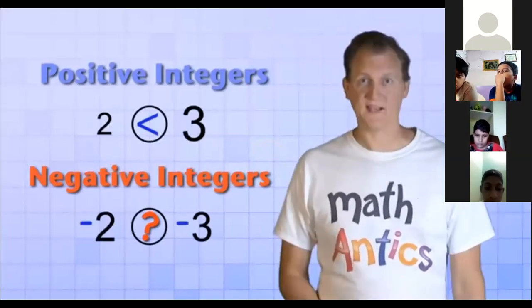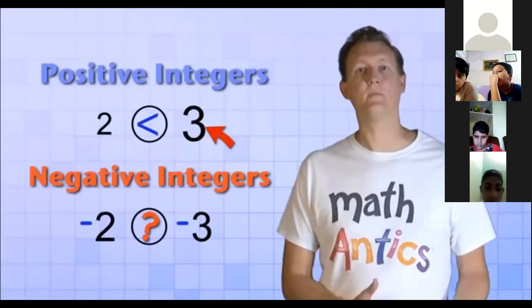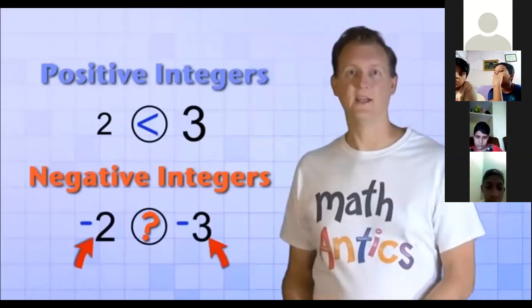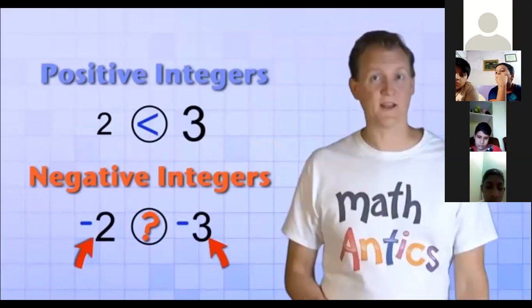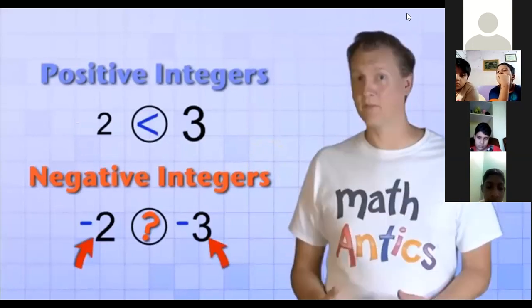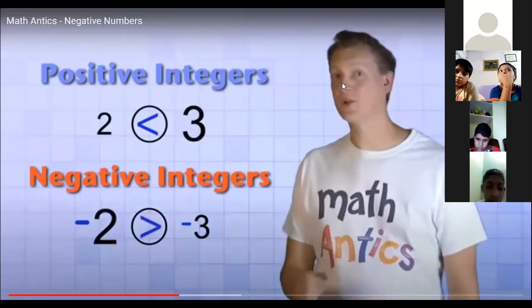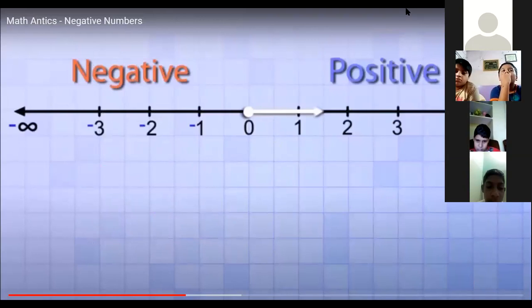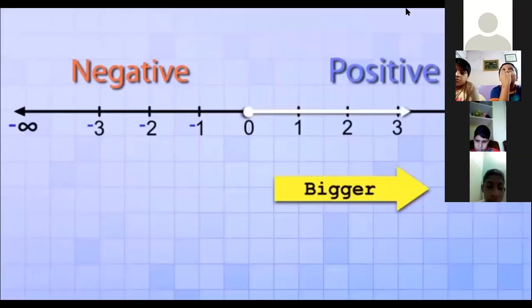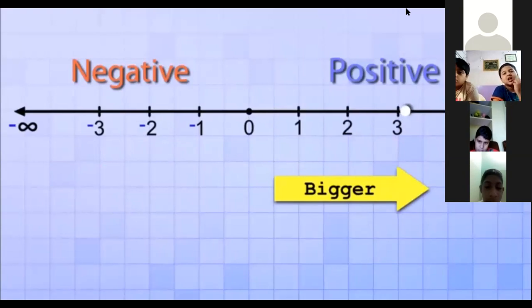That's because you're so used to 3 being bigger than 2 that when you see -2 and -3, it's really tempting to think that -3 must be bigger than -2. But it's not. -3 is actually smaller or less than -2. And to help you understand why, let's look at our number line again. Have you noticed that if you start at 0 on the number line, and then you move to the right, the numbers keep getting bigger and bigger as you go along? 1 is greater than 0, 2 is greater than 1, and 3 is greater than 2, and so on. But what if we go in the opposite direction instead, to the left?